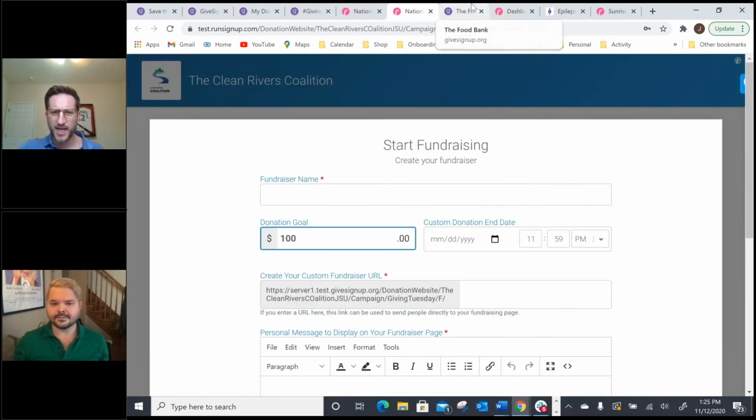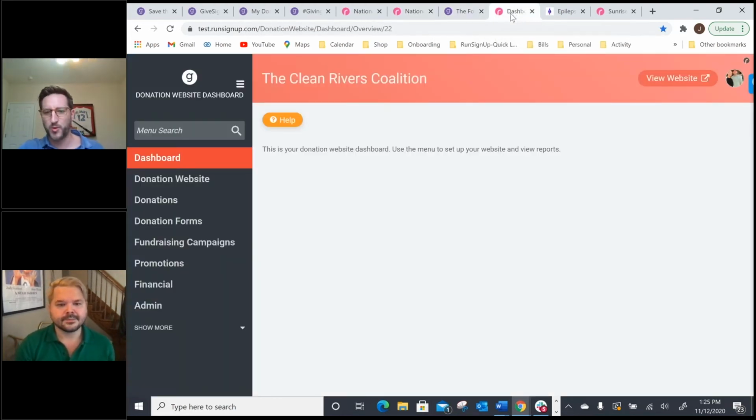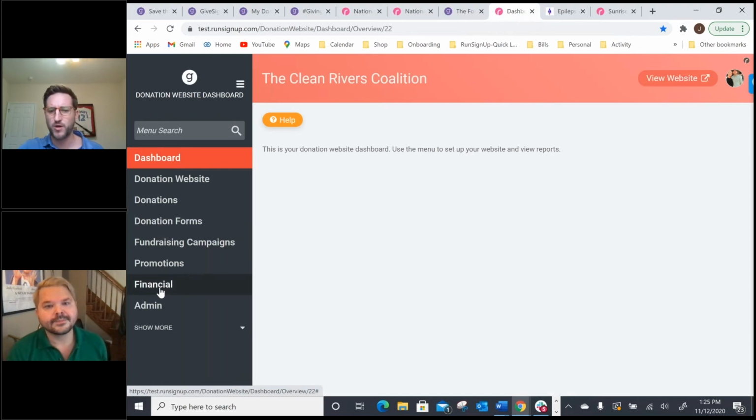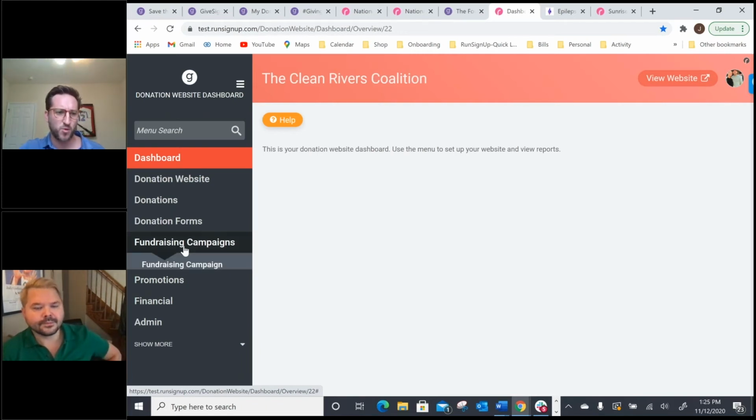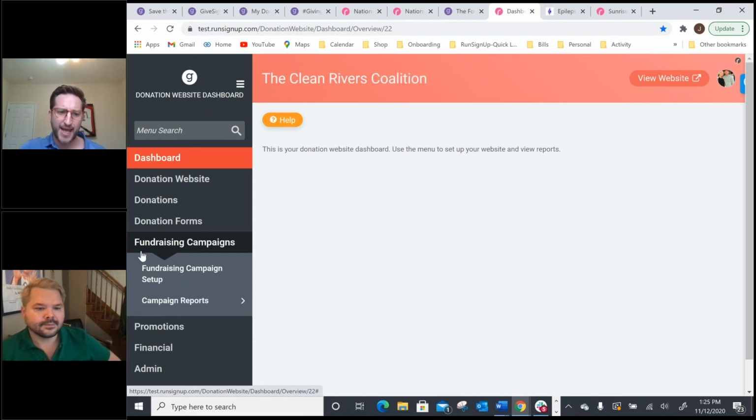So again, another great option for organizations looking to raise funds and maybe incorporate some peer-to-peer fundraising or individual fundraising as well. So to set a fundraising campaign up, you'll just go on your donation website dashboard, hop on over to fundraising campaigns setup,